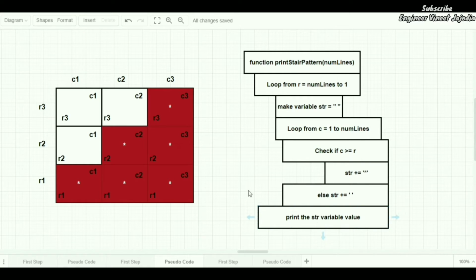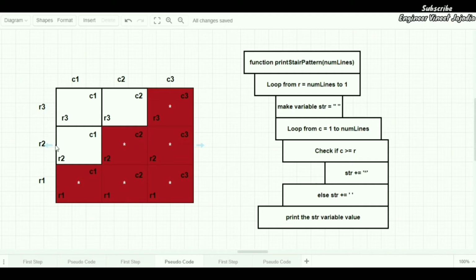Okay, so we have seen that once the loop is completed, we have not discussed this case. So this was the case that if we reach the end of the column, then we are going to print the row value, or we are going to print this whole row. Once we reach the C3, then we are going to print this whole row. Then we are going to move to the R2 row.